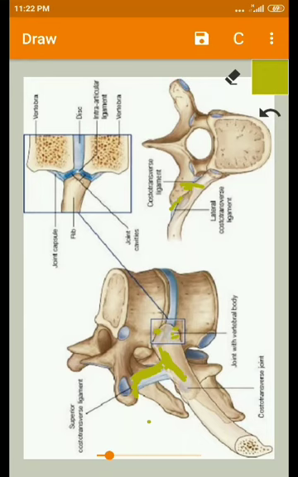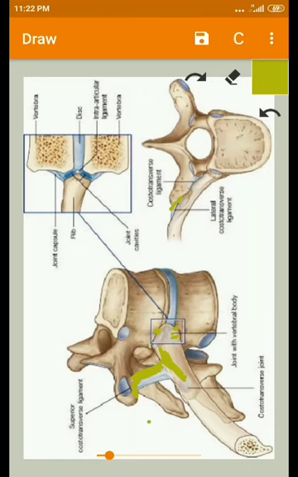The anterior layer stretches from the crest of the neck of the rib to the lower aspect of the transverse process above, and it is continuous with the internal intercostal membrane, whereas the posterior layer connects the posterior aspect of the rib to the transverse process above. So this is about the superior costotransverse ligament.